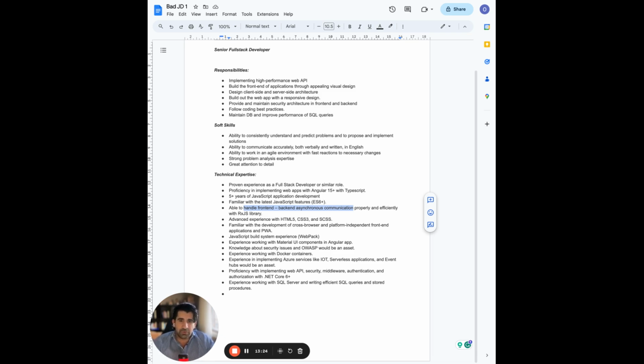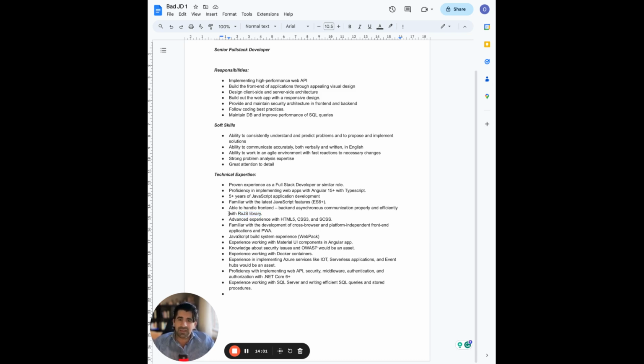Almost everyone has it. If you don't have that, you just don't have the right experience. But almost everyone can do it properly and efficiently, with any other library. Why is it specifically the RxJS library? It's these kinds of statements that tell me, as a hiring manager, as a CTO, this is indicative of the perception that we don't have enough developers in the market. We have enough developers. Stop asking for garbage like this.